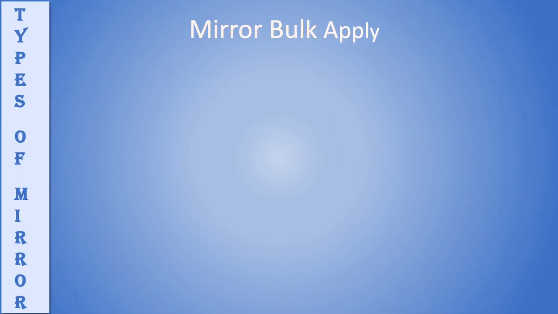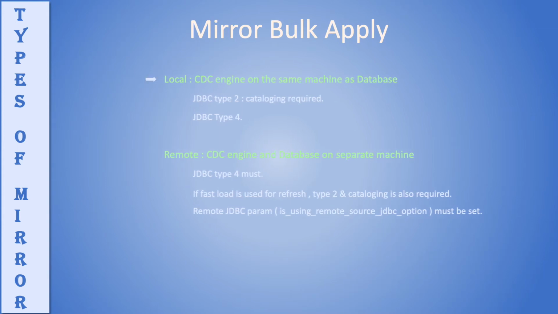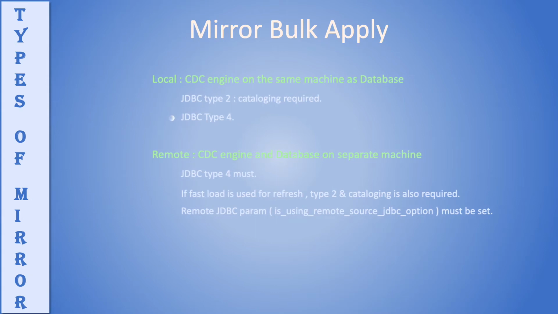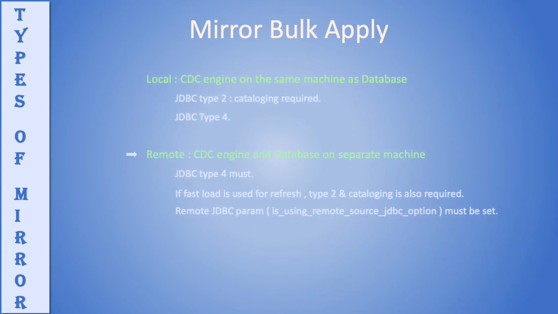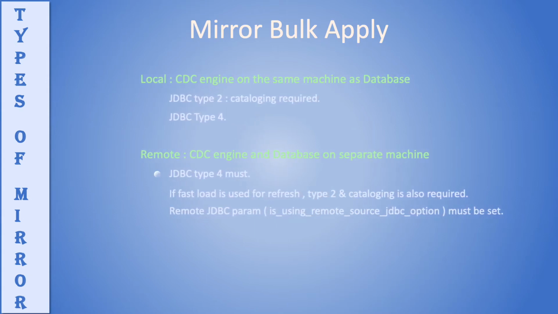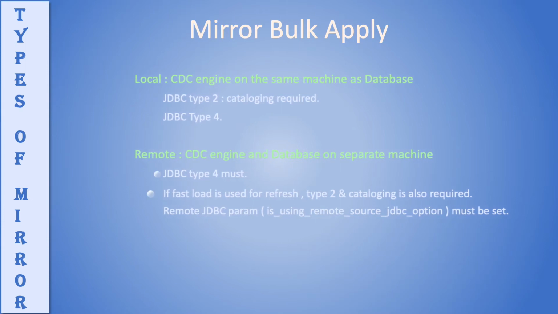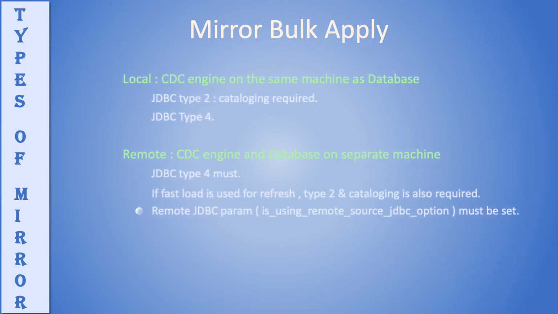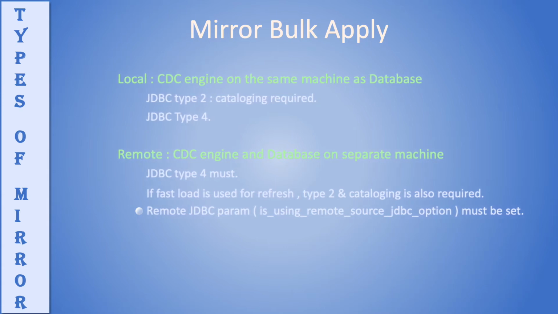The other mode of mirroring is unique to warehouse. It's called mirror bulk apply. It uses Db2's external table and named pipes to prepare data for application to target. For this mode of update, we must use JDBC type 4 connection. If fast load is used for refresh or initial sync, type 2 connection and cataloging is also needed. Please note that system parameter "is using remote source JDBC" option must be set to true if CDC is remote